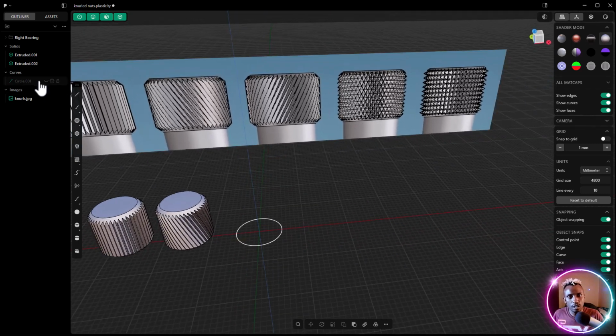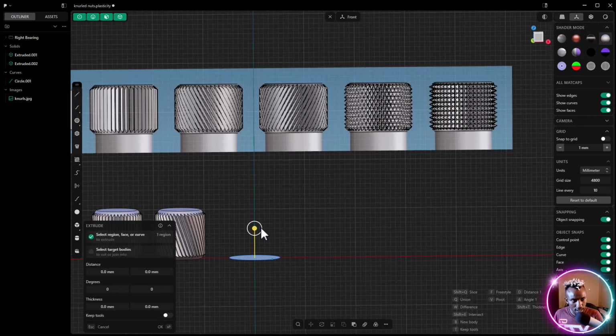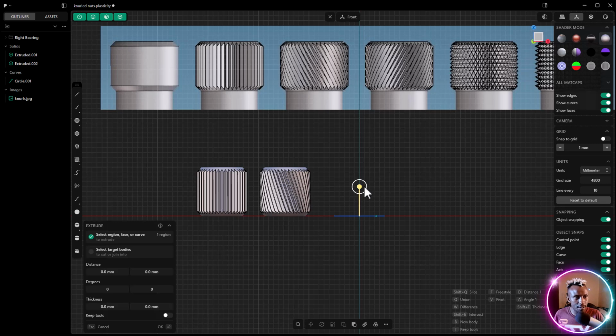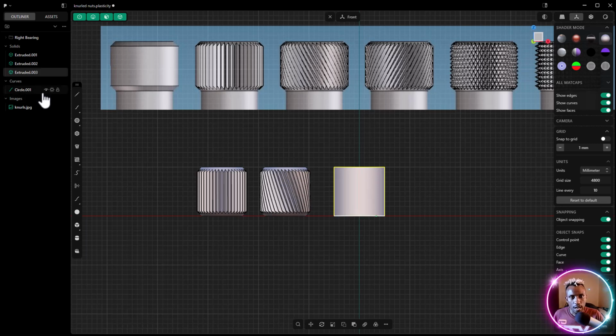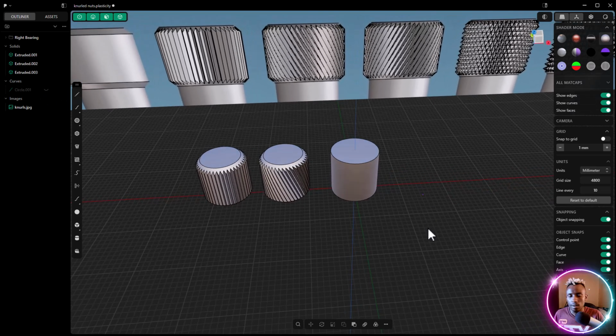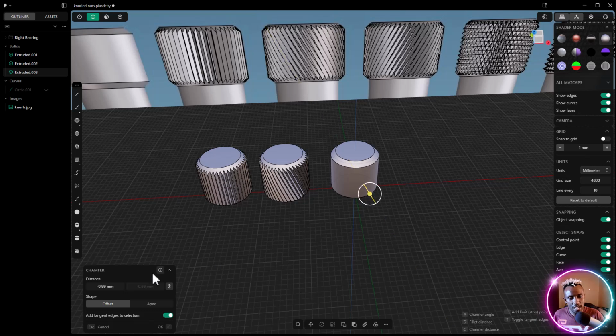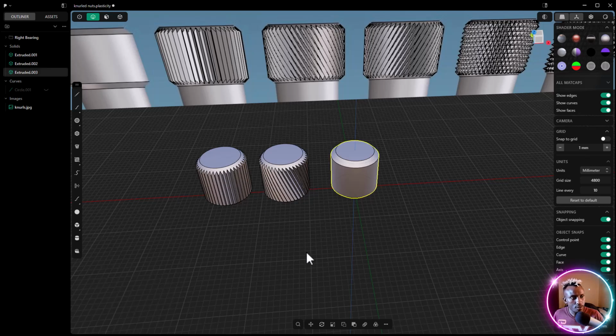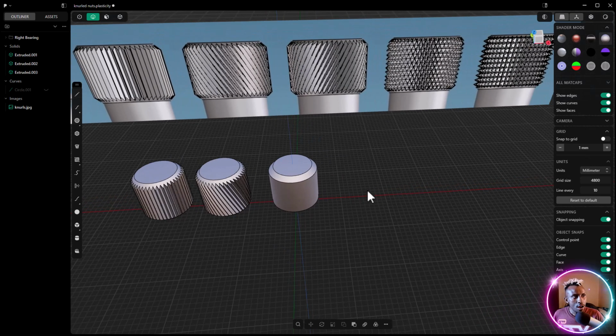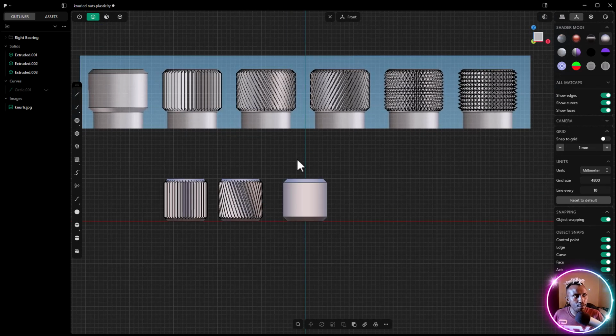So I'll switch to the top view and unhide my circle. There we go. Select the inside, switch to 1 on the numpad for front view. Then I'll type 10 in here. There we go. Hide the circle once again. Switch to edge mode. Select this edge. Hold down shift. Push this inside, inwards. -1 millimeter. Right click outside. So now, if I switch to the front view, as you can see,